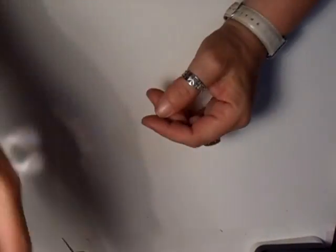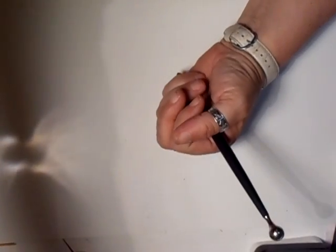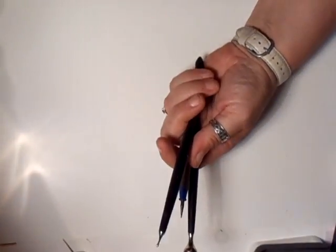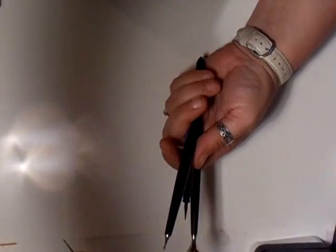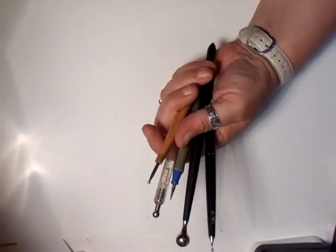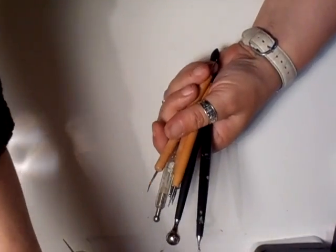And the next thing I want to show you are these, the stylus. I can find mine. I've got them all in my pot here. And the thing is, what I did with mine,